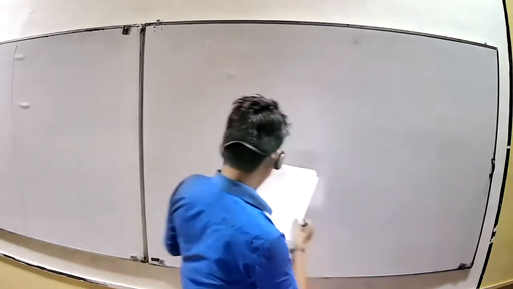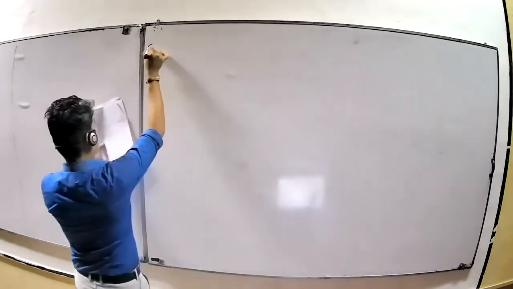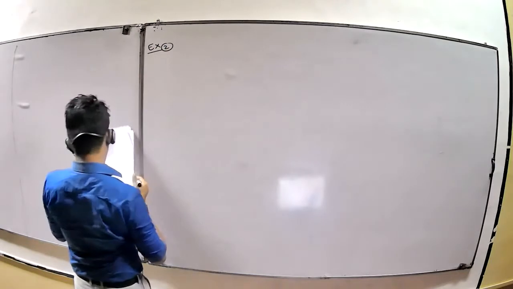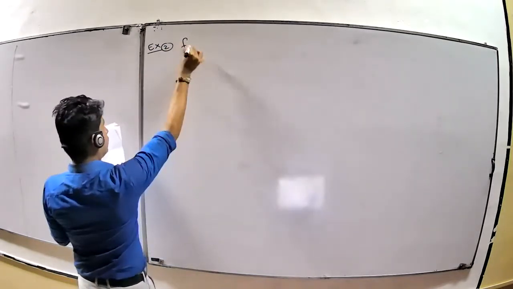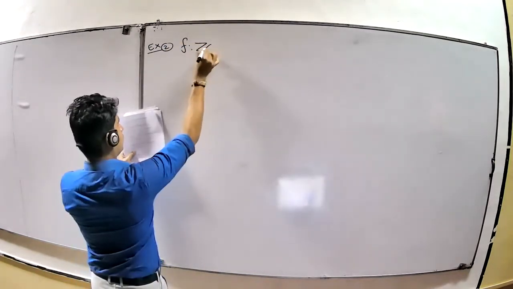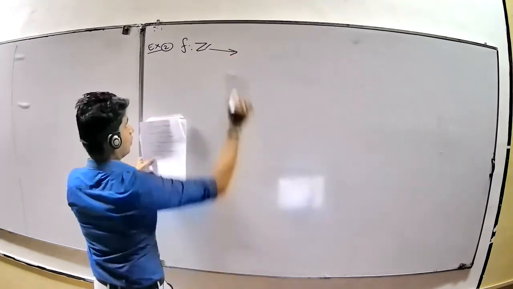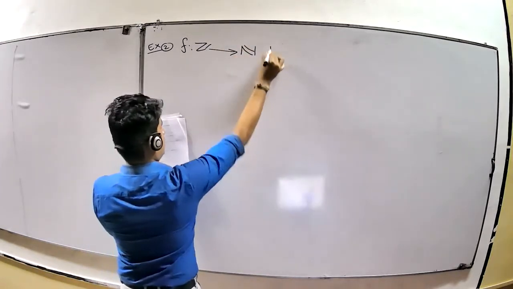Now, another exercise. F is a function from the integer numbers to the natural numbers, defined by